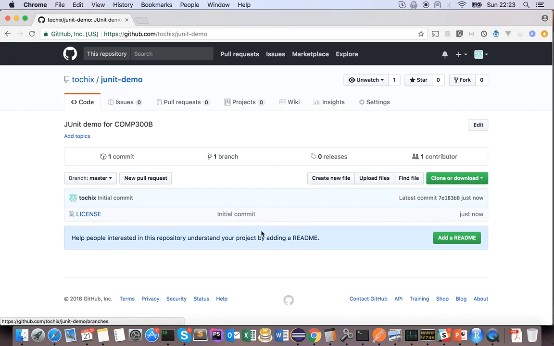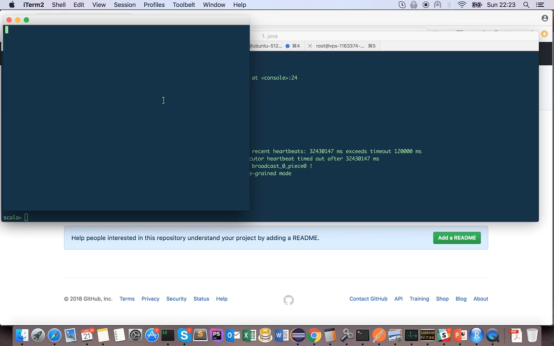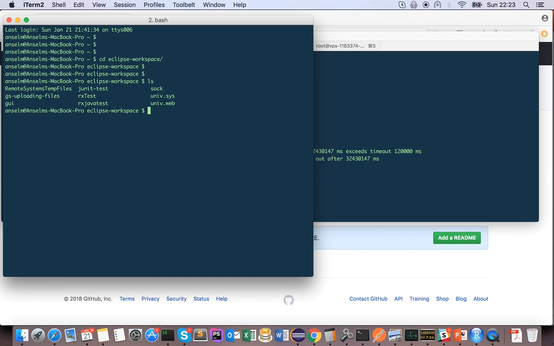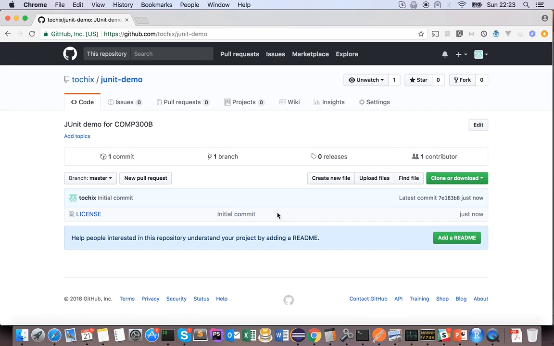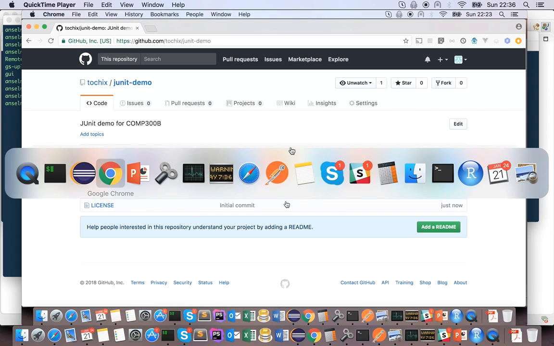We now have to make use of this in our Eclipse. So first things first, let me create a new shell, enlarge that and go to my Eclipse workspace. You should have an Eclipse workspace after you finish installing Eclipse on your machine, so it should be there already. And right off the bat, you have to clone your repository. So now we are about to clone our repository